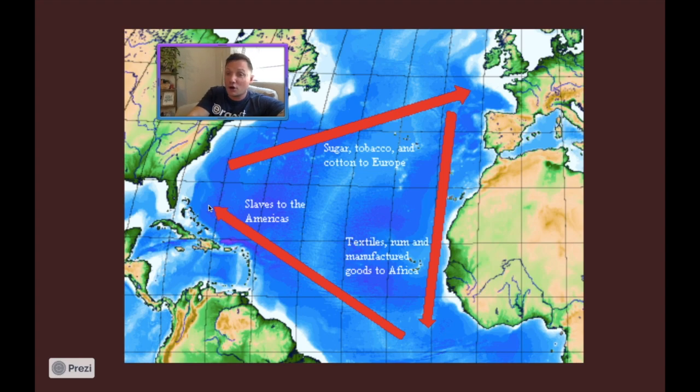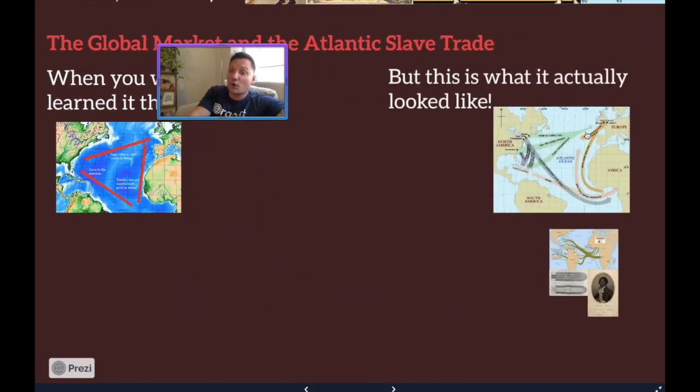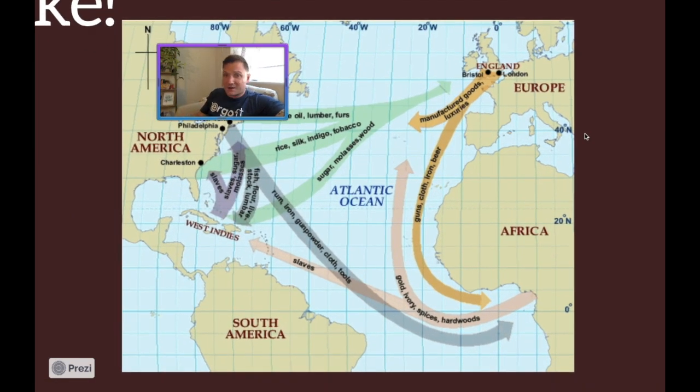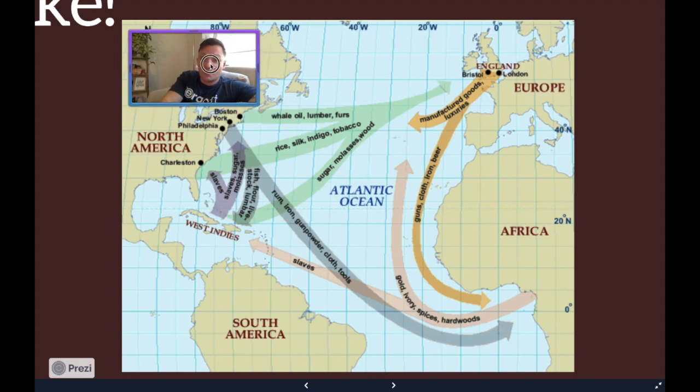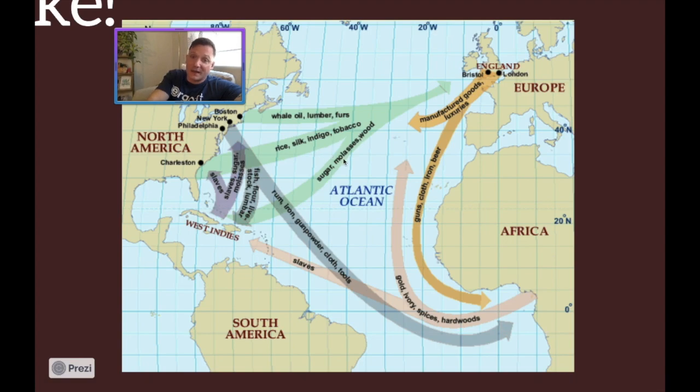Well, in the large, grand scheme of things, it actually looks way more like this, right? This network is not a simple triangular flow. It actually goes back and forth in every single direction. As you can see, rum, iron, gunpowder, cloth, and tools are heading back to Africa from the colonies. Tons of different things like lumber, furs, whale oil, rice, silk, indigo, tobacco, sugar, molasses, and wood, all those raw materials in massive amounts, are heading back to Europe. Not just cotton and rice and tobacco, right? It's a very sophisticated system, and even this map is missing an entire arrow,